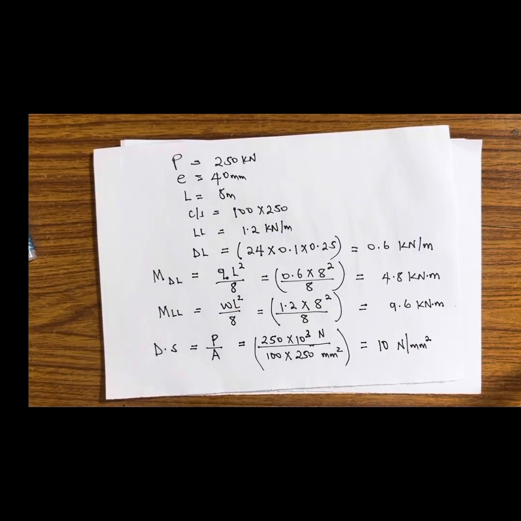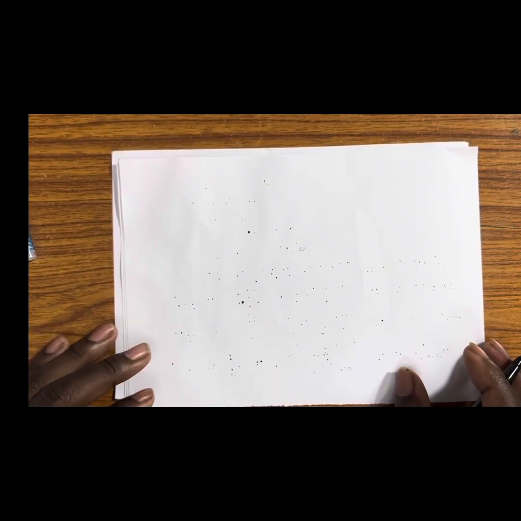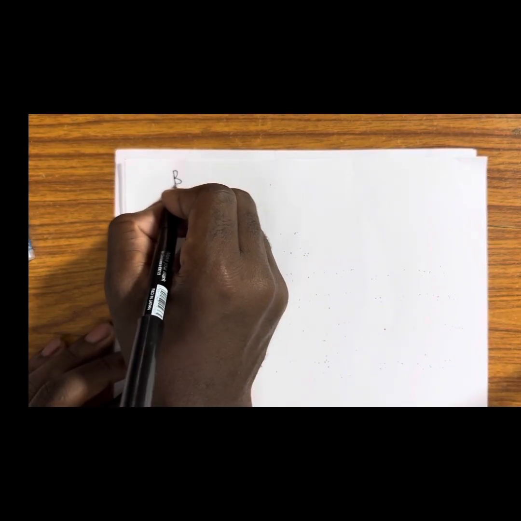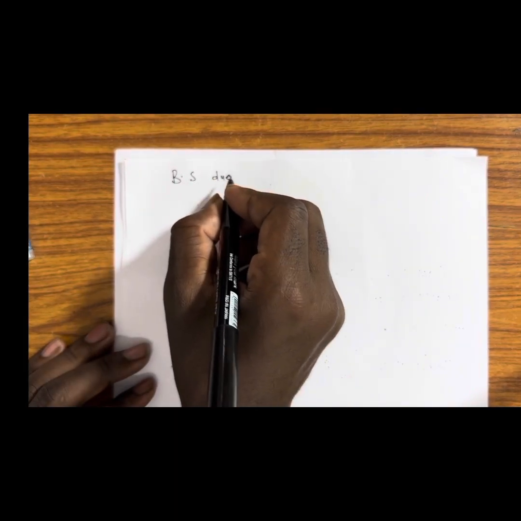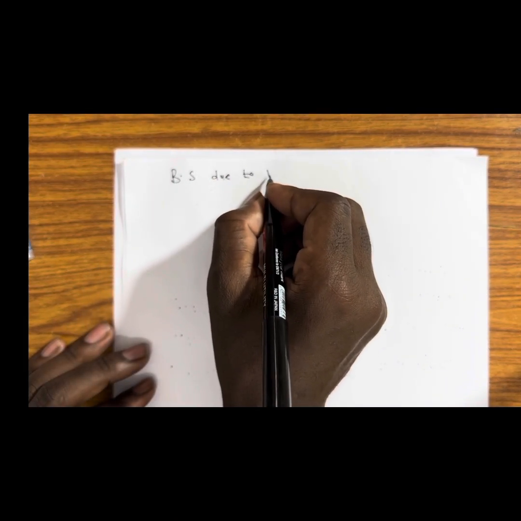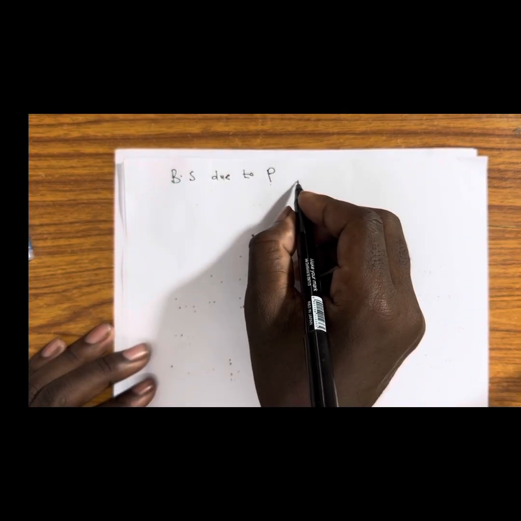Now, what other stress will be developed? If you look carefully, there will be what we call a bending stress due to pre-stressing force. Because you have a pre-stressing force, that is 250 kilonewton. So let's have a look at how we can calculate a bending stress, BS, that is coming due to the pre-stressing force, P. Bending stress coming due to pre-stressing force, P, is given by the formula